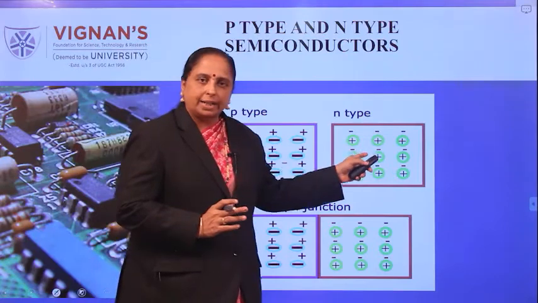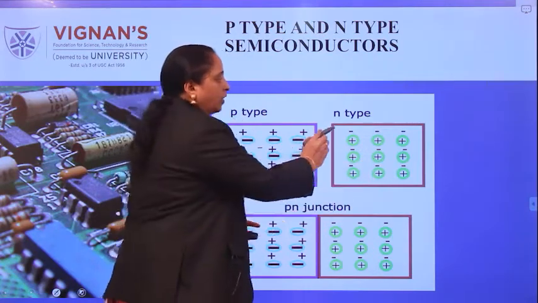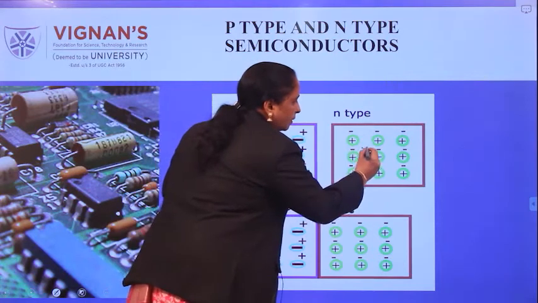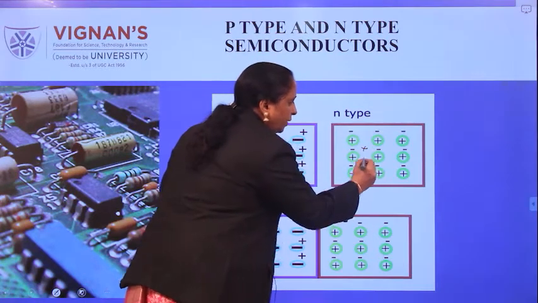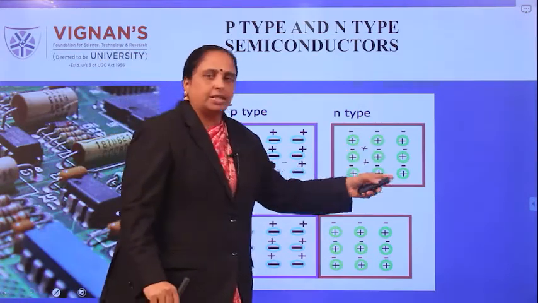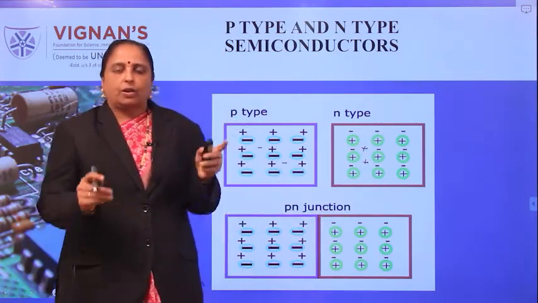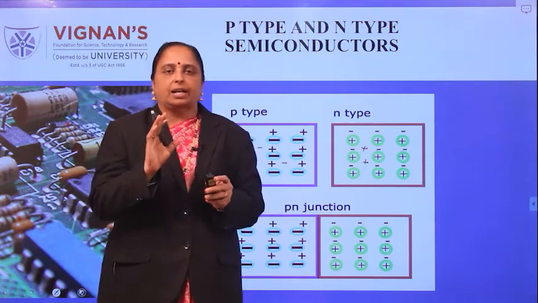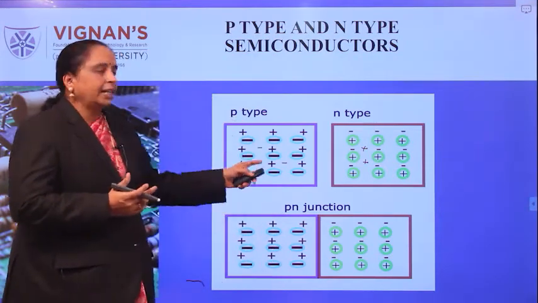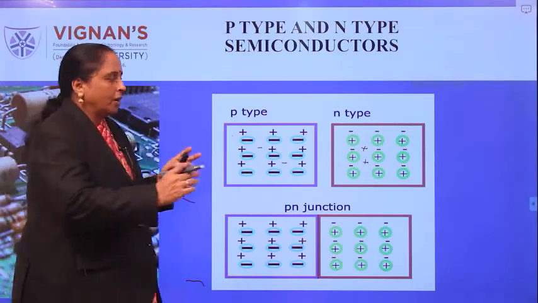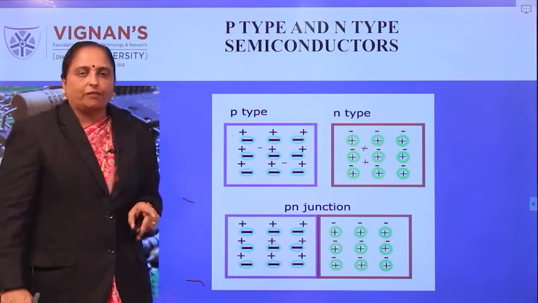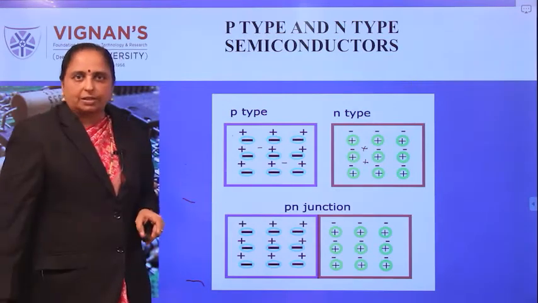Similarly, if you see N-type semiconductor, electrons are majority charge carriers and very few holes are there. They are known as minority charge carriers, and oppositely charged ions, positive ions. So every semiconductor material after becoming the extrinsic semiconductor consists of three types of charge carriers. Now, if you combine P and N material like this, a junction will be formed. That process we will study now.